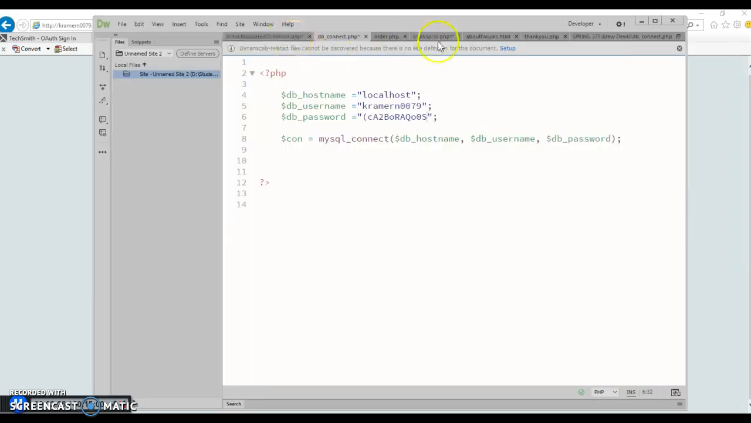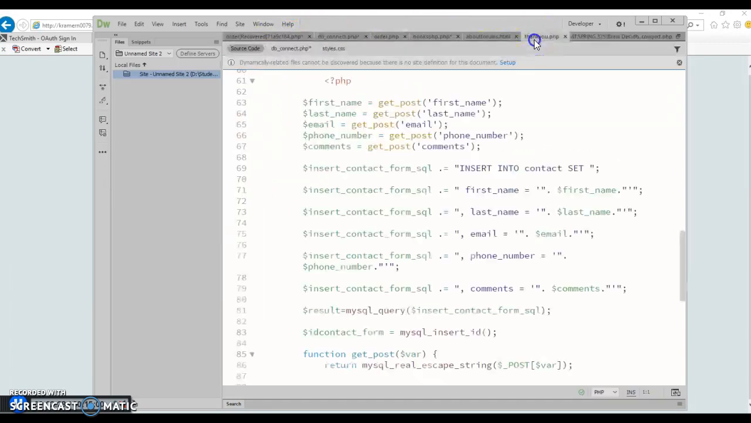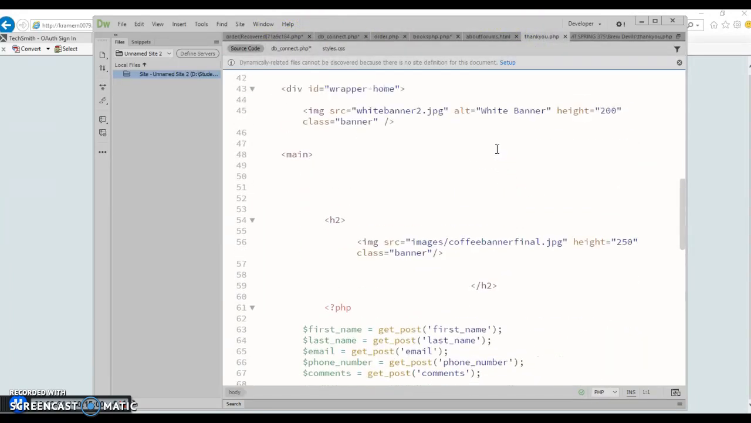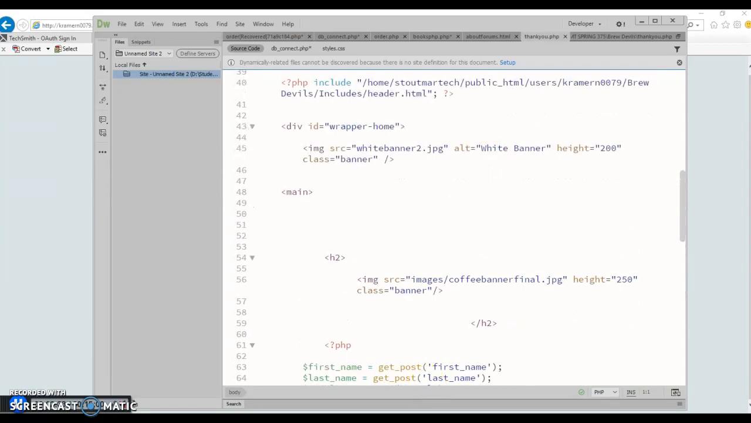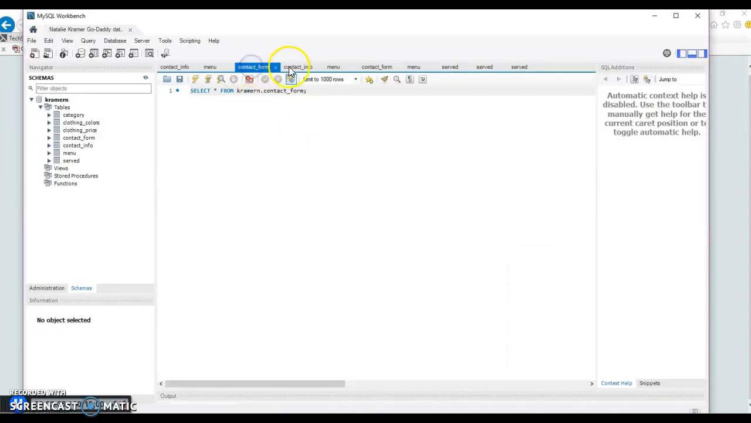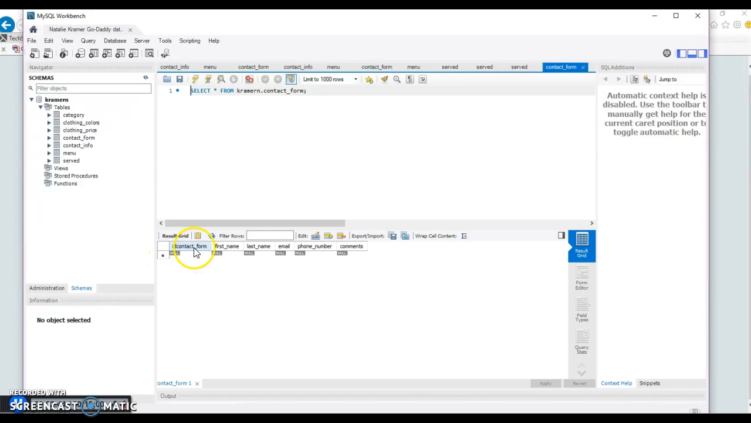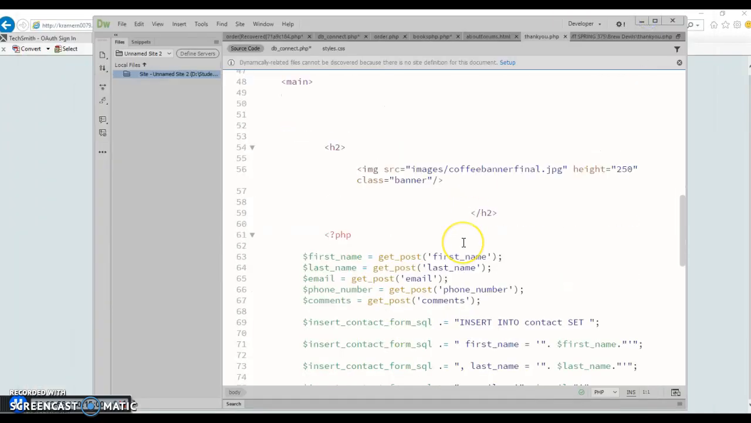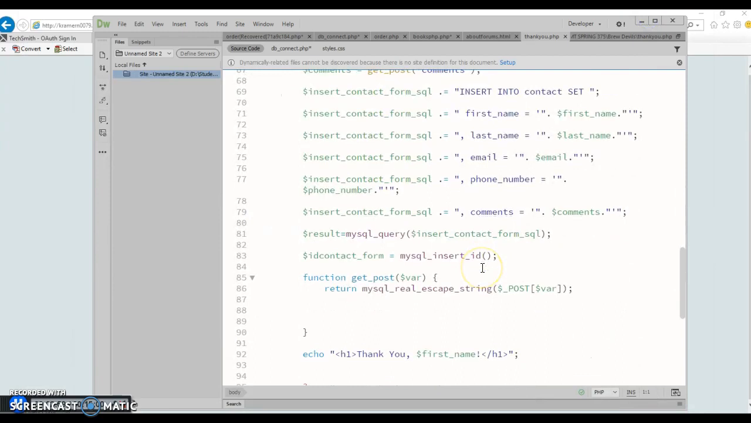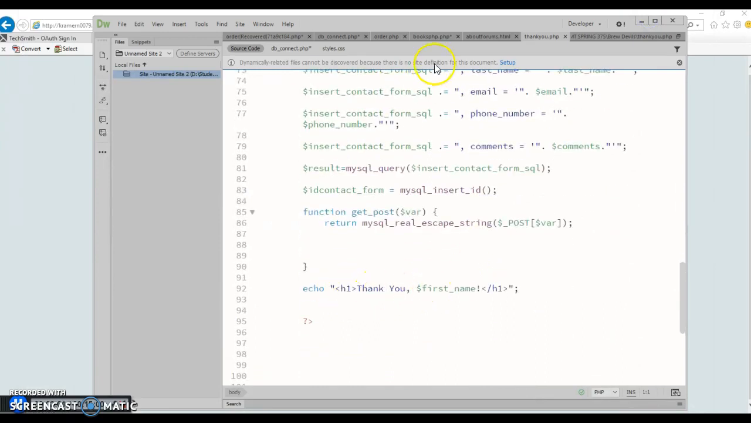So how I did that was in the thank you PHP. So I had to take the SQL database, from that, the contact form, excuse me. So I put in contact ID form, first name, last name, email, phone number, and comments. So these are all null because this is what the user would have to enter in. So I put that all in there, and what brought me to the thank you page,